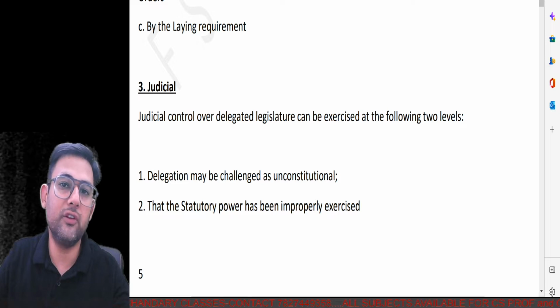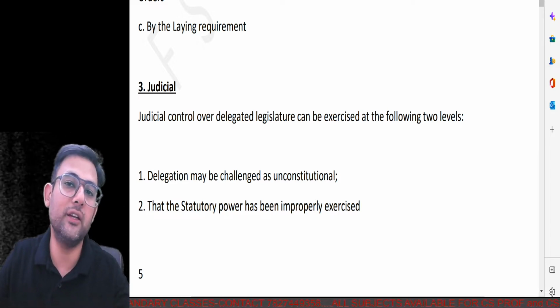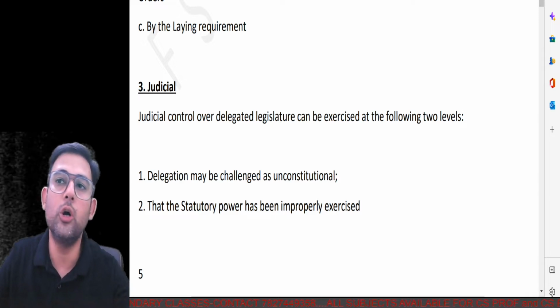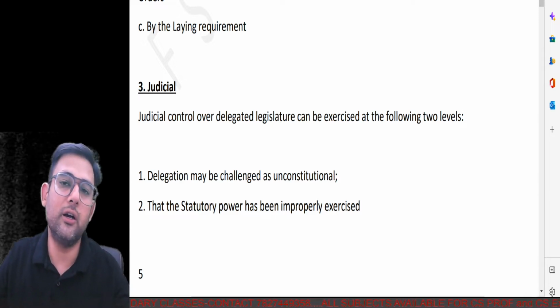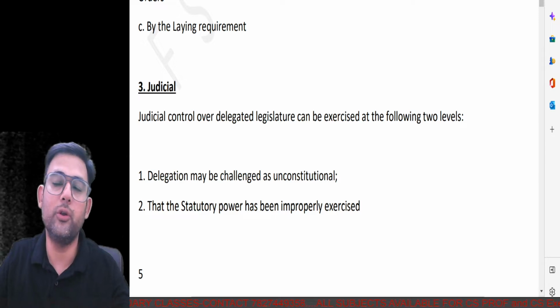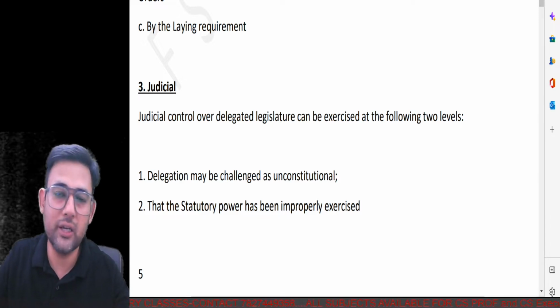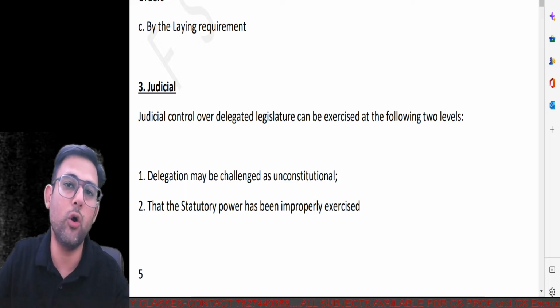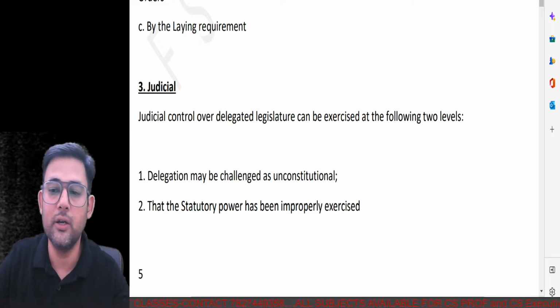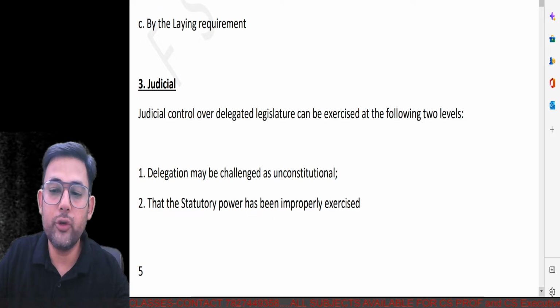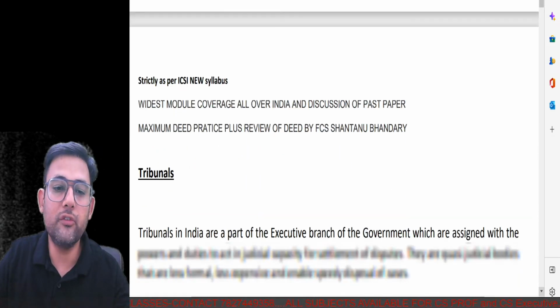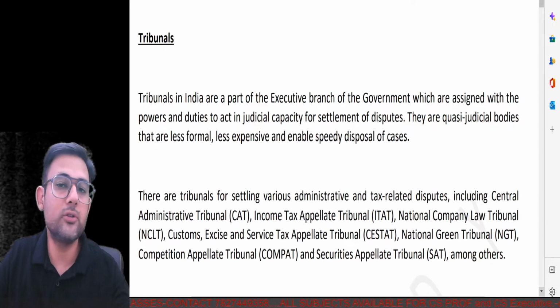But definitely, if they think that the legislature or executive is going beyond the capacity or going beyond the law, and clearly, as we all know, nobody is above law, then definitely the judiciary will intervene. But that is a very last step, and it's not a customary thing. Moving forward, if we talk about the facts in regard to the tribunals,